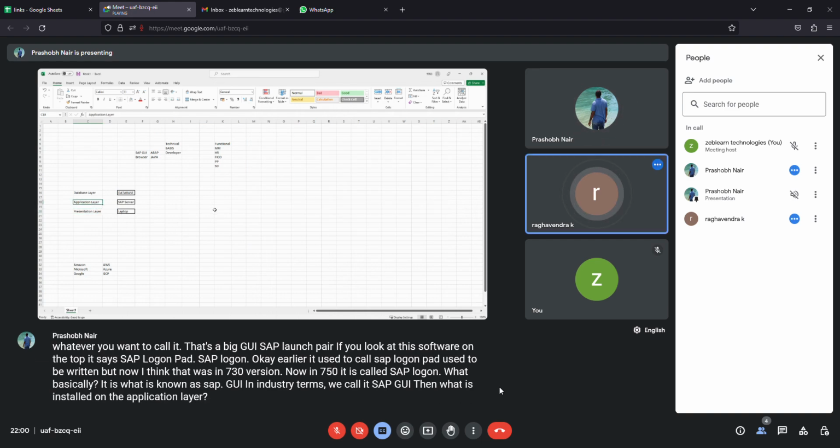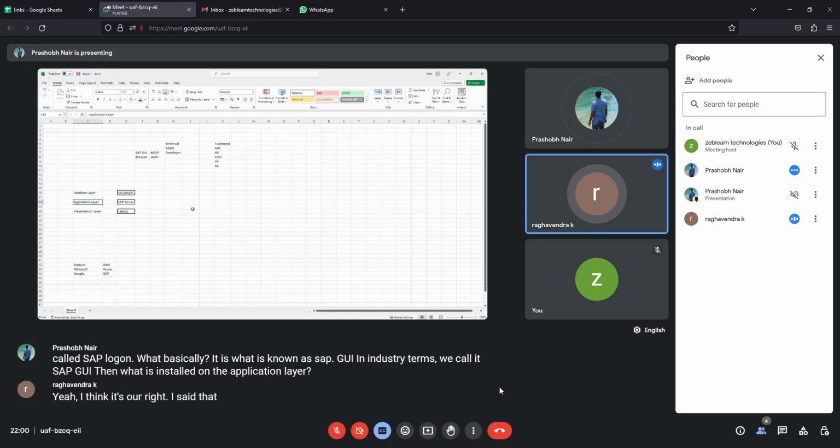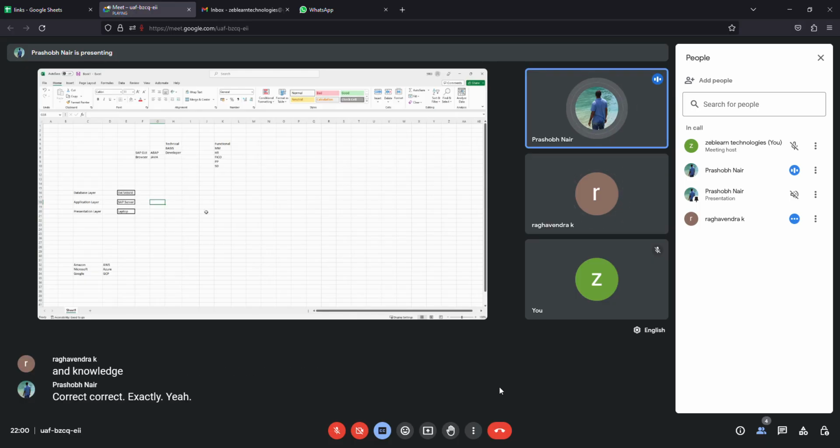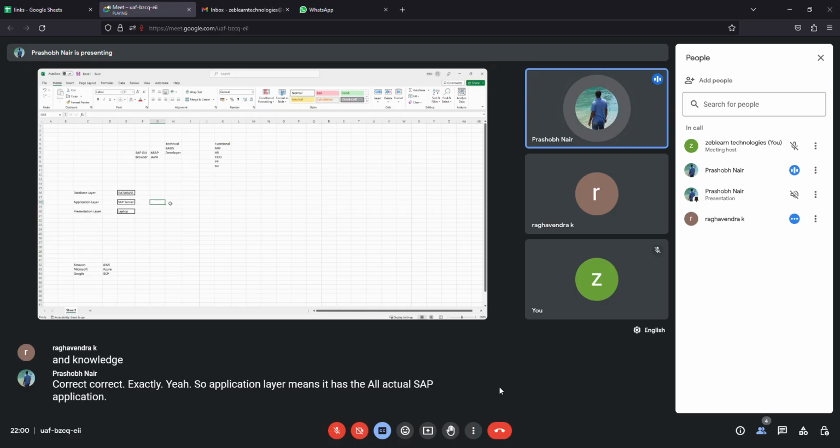Yeah, I think it's server, right? I said that. Right. ML, all the work process and all the things. Correct, correct, exactly. So application layer means it has the actual SAP application, which is the SAP server, which can be